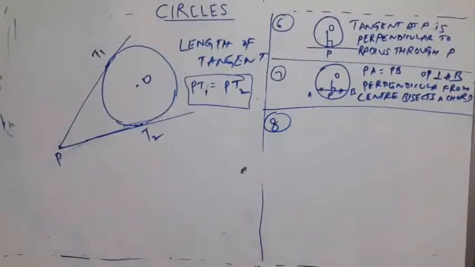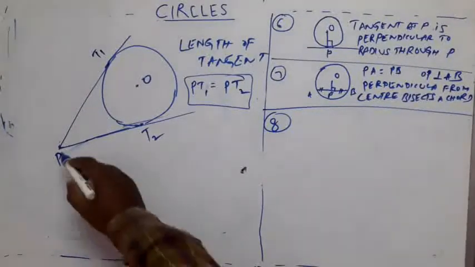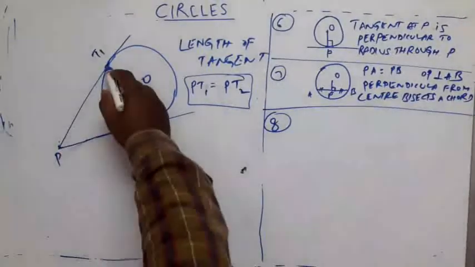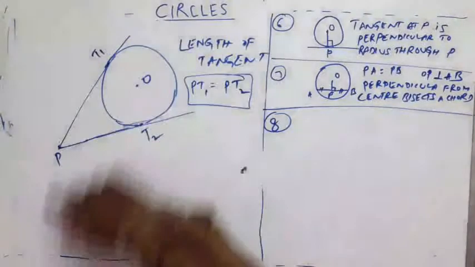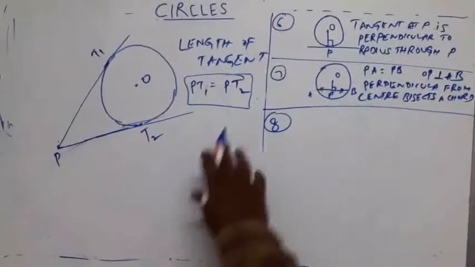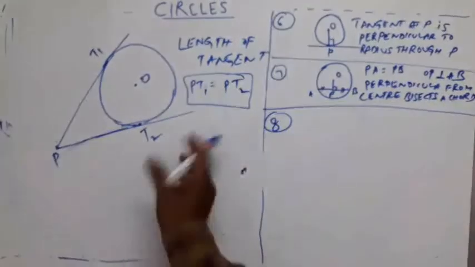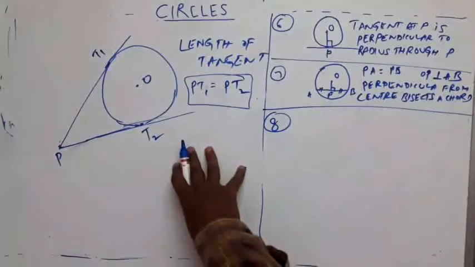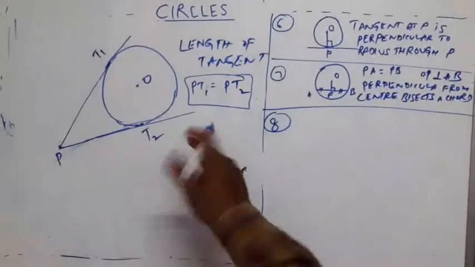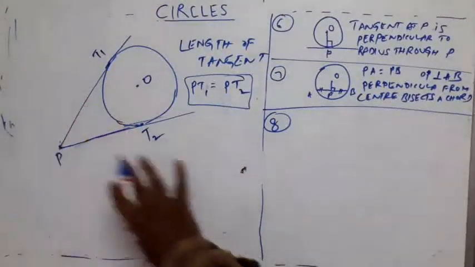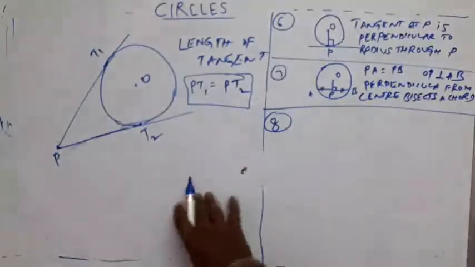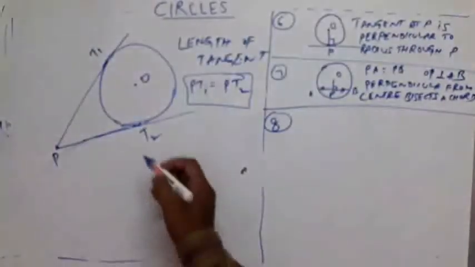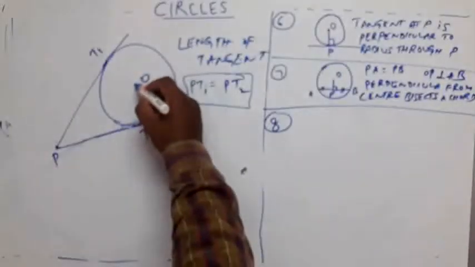So what is length of tangent? The distance of point P, external point P to point of contact on the tangent. That is called length of tangent. From an external point, two tangents can be drawn. So two lengths of tangents will be there. Obviously, those two are equal. Lengths of tangents from an external point to a circle are equal. Proof is very simple. Here also we use the same Pythagoras. See this? We are going to prove this.